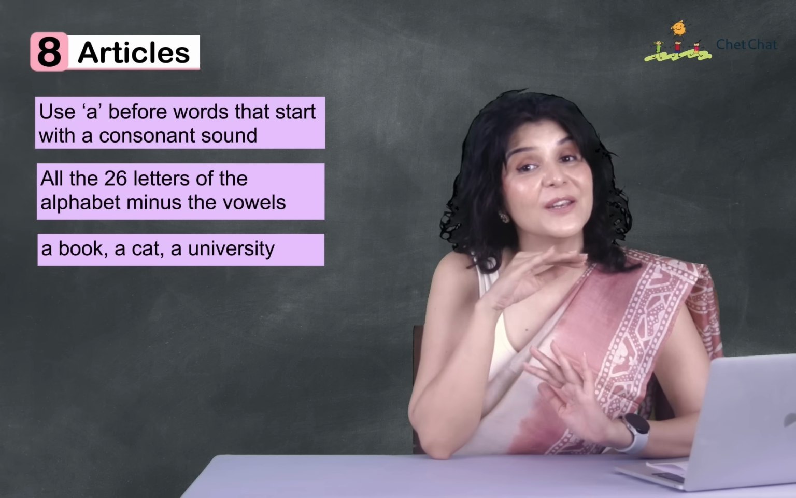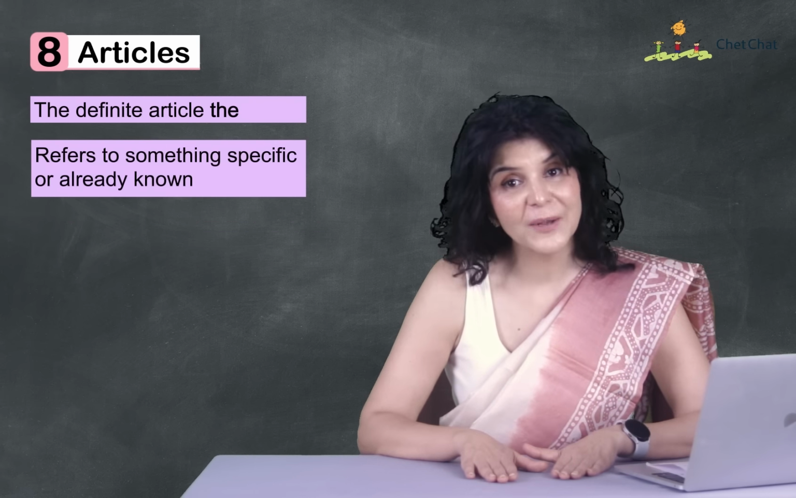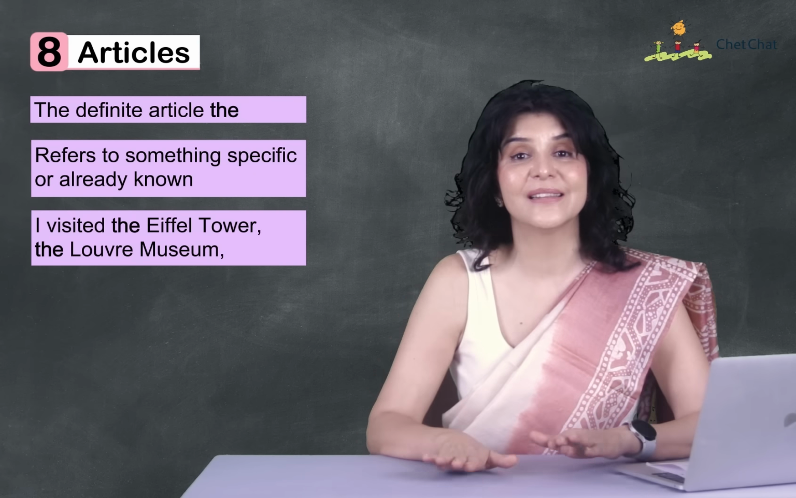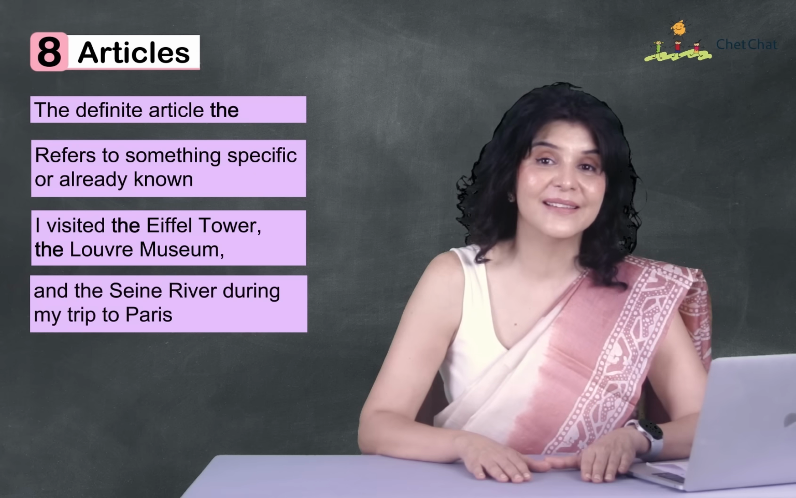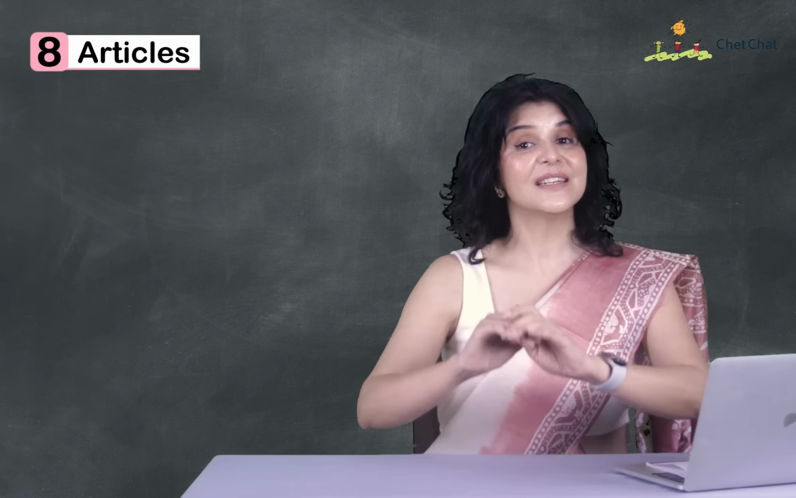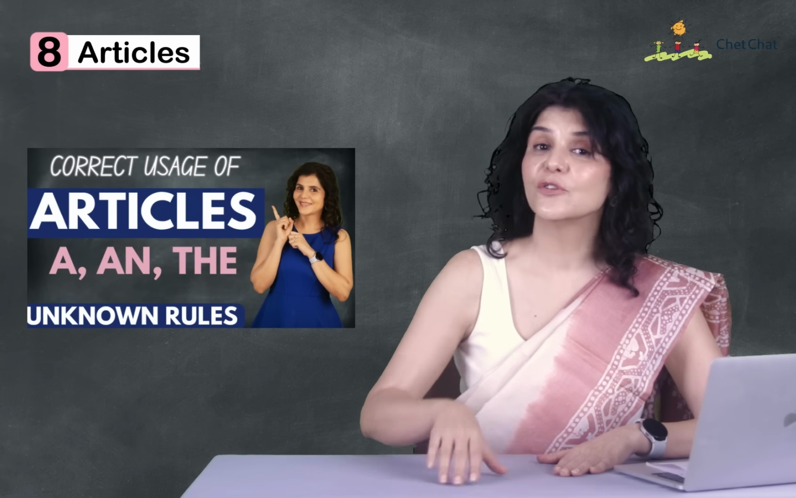So now you already know this. We're going to go over this very quickly. The definite article the is used to refer to something specific or already known. I visited the Eiffel Tower, the Louvre Museum and the Seine River during my trip to Paris. Now we have a detailed masterclass on articles and how they are used. So you must watch that later, and we're going to go on to the 9th part of speech, which is